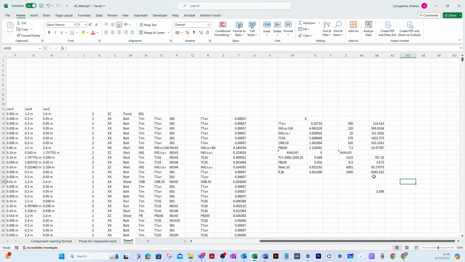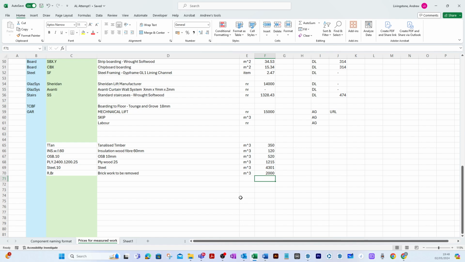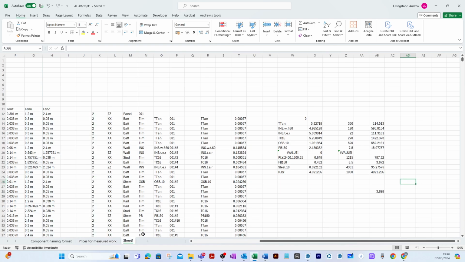For the removal of that brickwork, I said it was £2,000 per cubic metre. Perhaps it'd be a little bit less than that if we were to get a proper price that was priced up. Let's just say we change that now to, I don't know, call it £1,000 per cubic metre. This would then automatically update. So we can see,